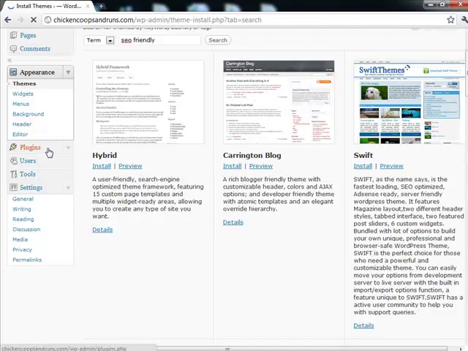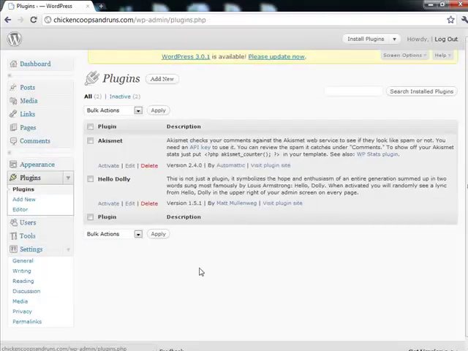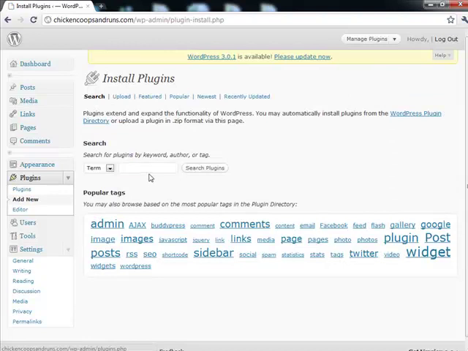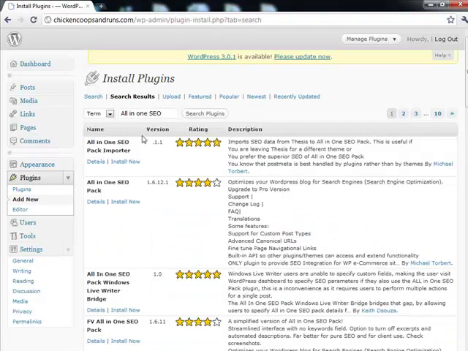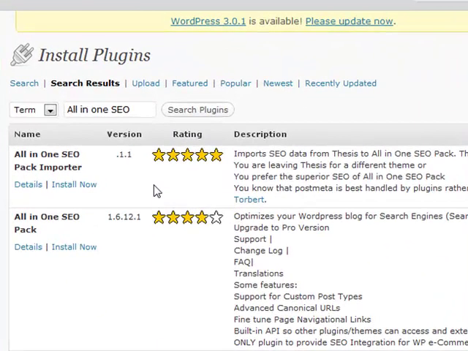Next, click on Plugins. In here, we'll need to add a few very important plugins to optimize our blog, so click on Add New. The first plugin we'll be needing is the All in One SEO plugin. This tool will help us with on-page optimization. Next, click Search Plugins. The one we should be installing is called the All in One SEO Pack. Click on Install Now